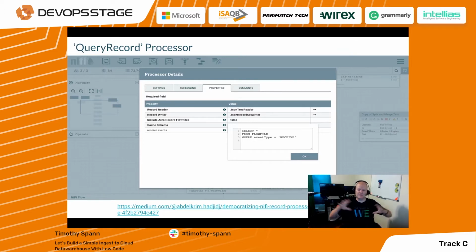Here I'm just limiting it by one field, but I could put averages, I could put order bys, I could do a lot. And why that's powerful is I'm doing that import, doing some SQL on it, which could be limit the number of fields, limit the number of rows, any combination that you could do with SQL. And then at the end, I could write it to a different format. So if I wanted to write it right to a Parquet file, I could do a huge amount of processing